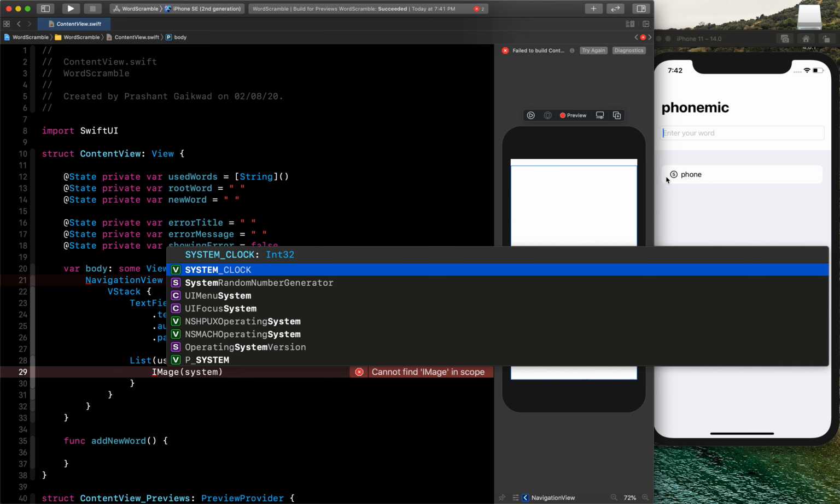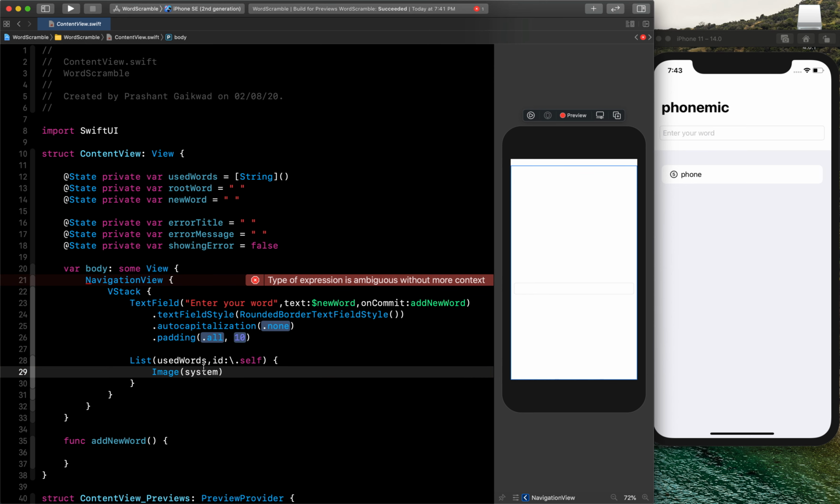That is, here I am using the system image. So this image, like here you can see that this has 5 characters. So this image is already there in SF symbols, which you can use like this. So let's use it.